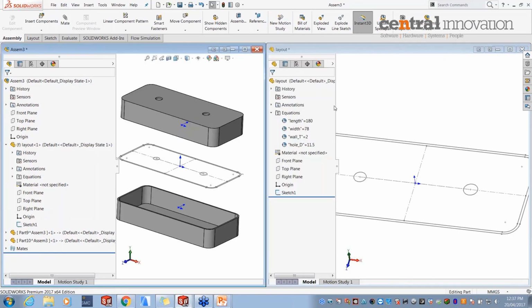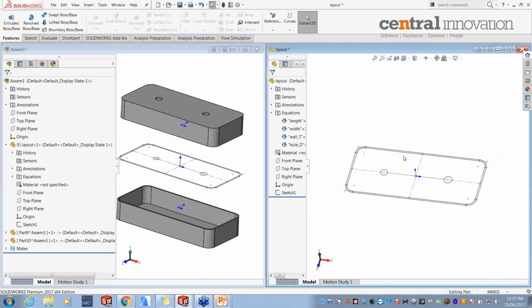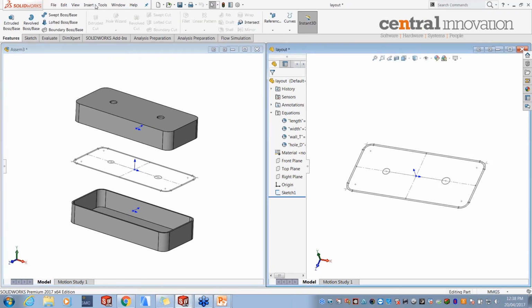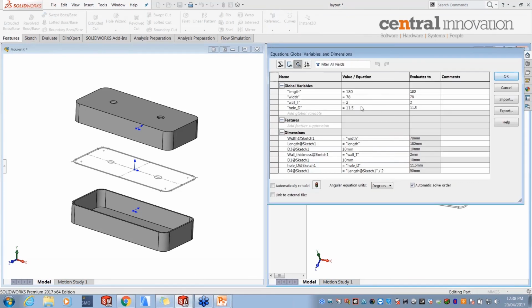So if I go to the equation manager of the layout part, I manage equations, and if I change any of the global variables, let's say I want to change the length to 200, and I want to change the wall thickness to 3 millimeters, and the hole diameter I would make it 15. Click OK,